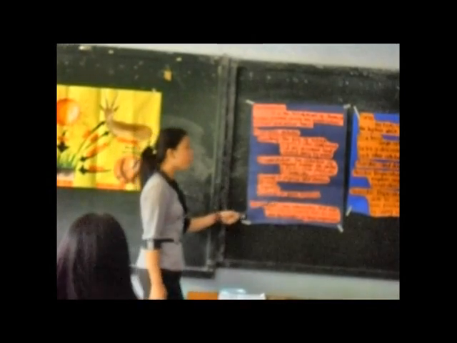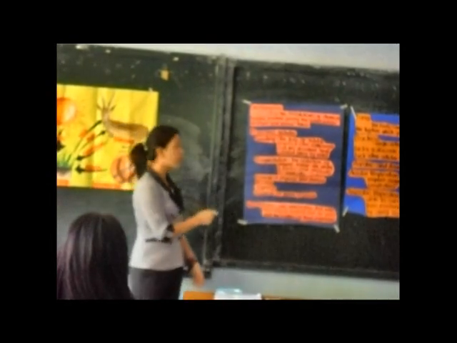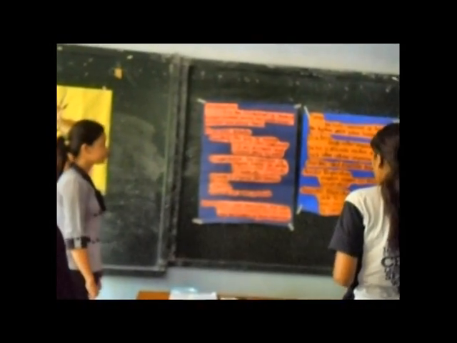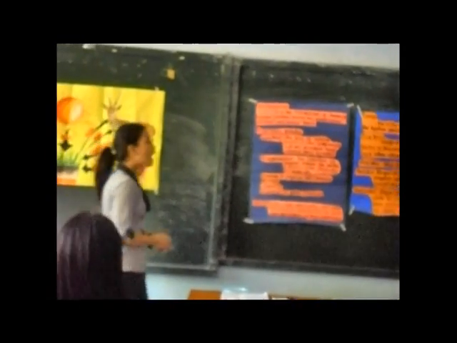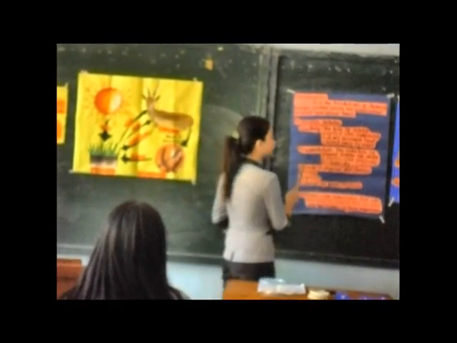Okay? In decomposition, there are processes involved. We have the leaching, fragmentation, change in physical and chemical structure, ingestion, and excretion of waste products. So the first process is leaching. So who can read what is leaching? Maureen? Leaching is the loss of soluble sugars and other compounds that are dissolved and carried away by water. Yes. It is the process where the soluble sugars and other compounds are dissolved and carried away by the water.